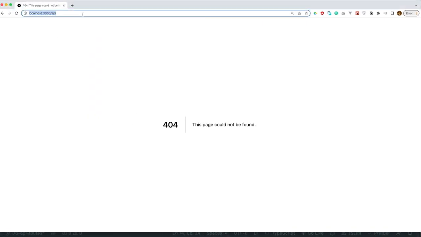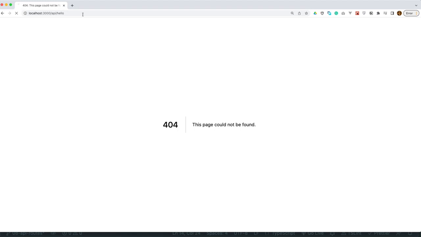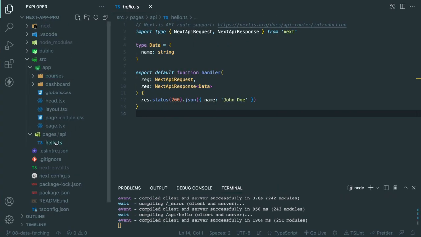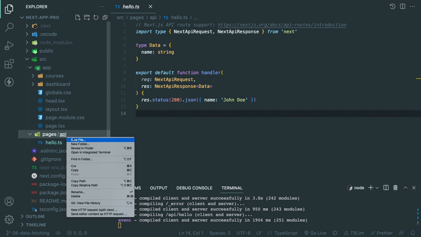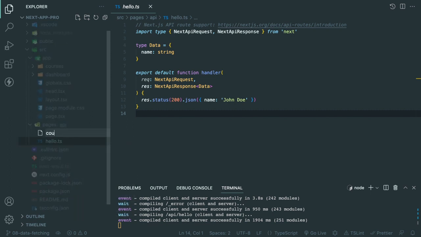API/hello. It will be treated as an endpoint. You can see John Doe. If I create another endpoint, courses.ts,